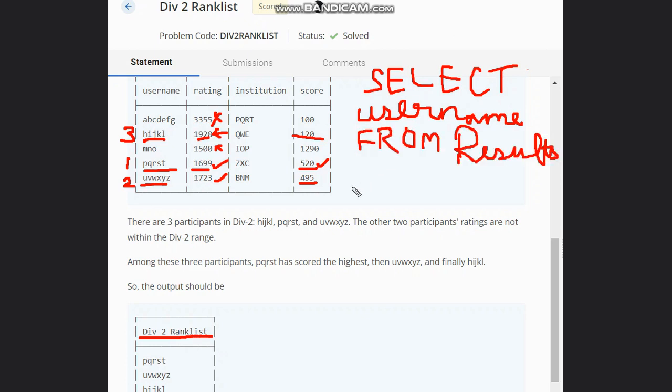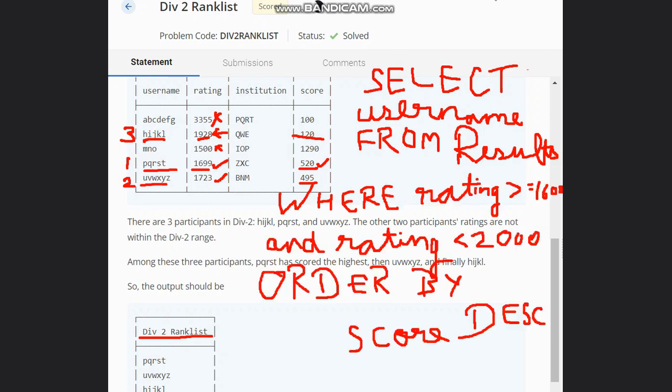And now what is the condition? For condition we write where. So where, in this case, we have mentioned the condition for rating. I've written the whole code, now I will be explaining it. And then we need to order it by the score in descending order, hence we write order by score